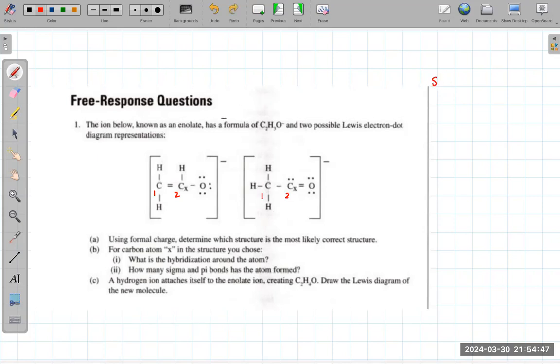Now let's call this one A and call this one B. So for A, I will say C1 is 4 minus 0. Okay, so it is minus 4. And C2 is